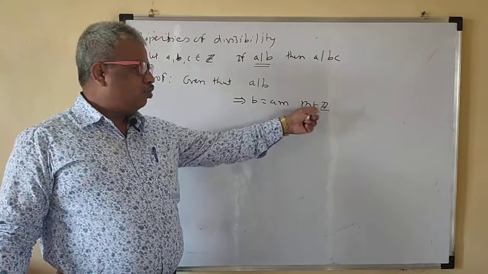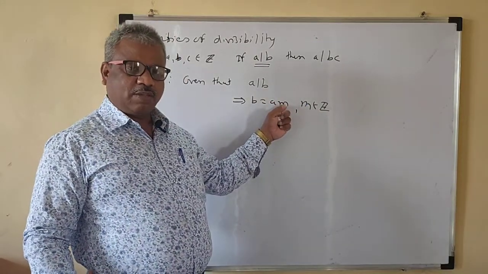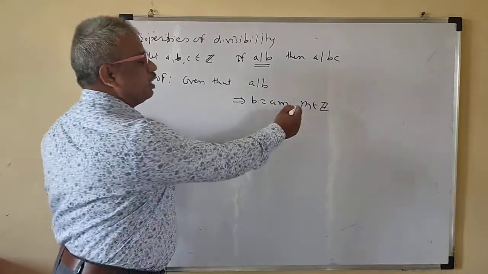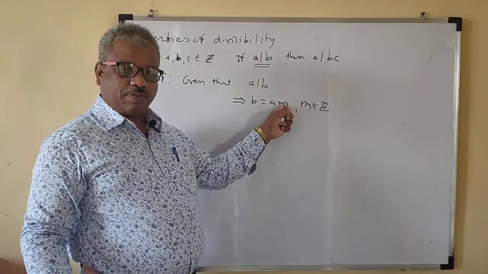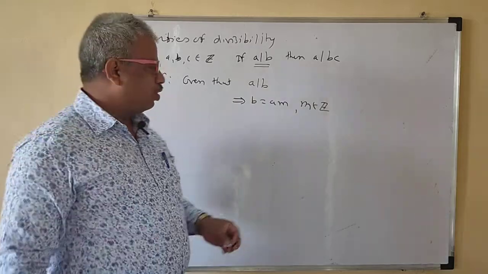You take beta. So you should write this M belongs to Z. If you want to take alpha here, you can take it, so that alpha must belong to Z then. Okay, so you have to write that it is an integer, right? You can take any of your favorite letters here, and that favorite letter should belong to Z.